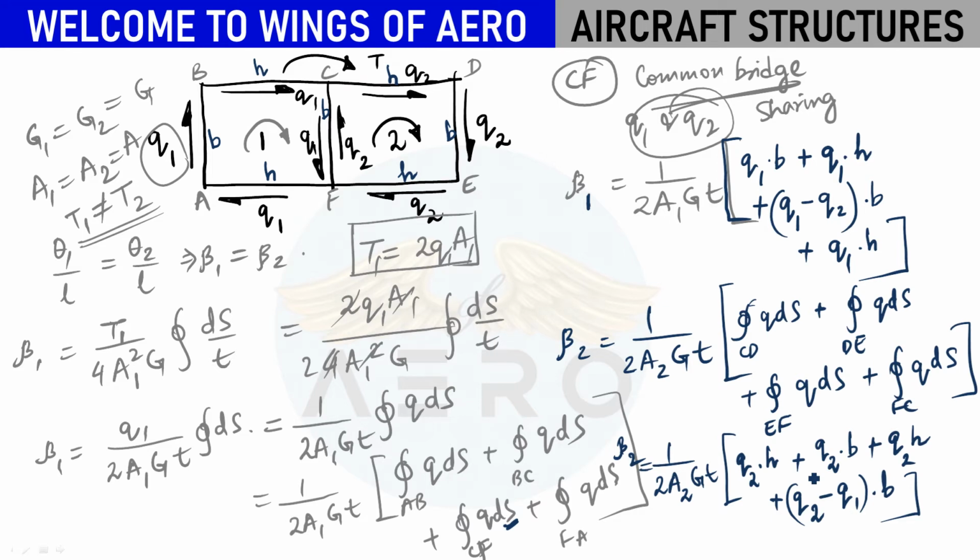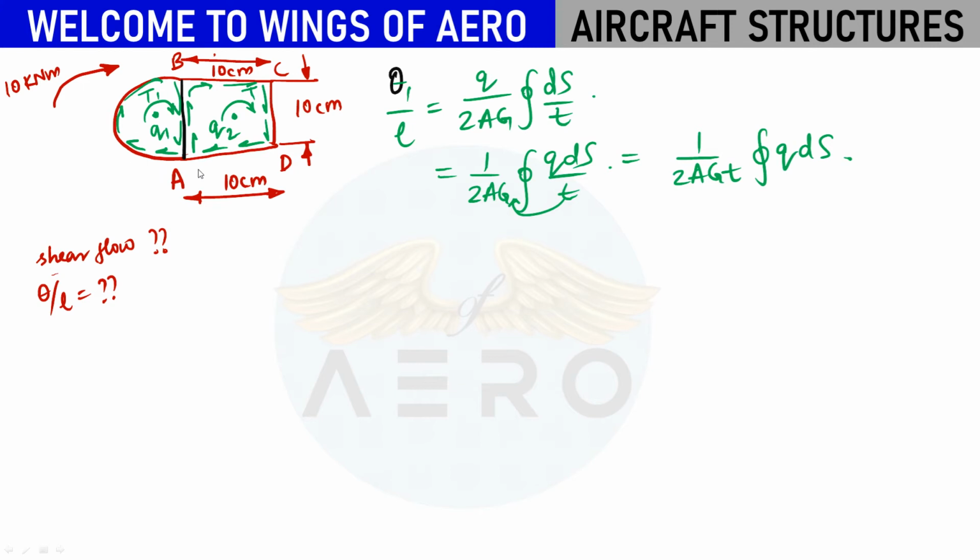So this formation is very important. Now in your exam they might ask you this kind of problem, right? They will give you a semicircle and the radius. Now in case of this, how are you going to find out? If they give you a semicircle, what will be the ds? The procedure is going to be the same.